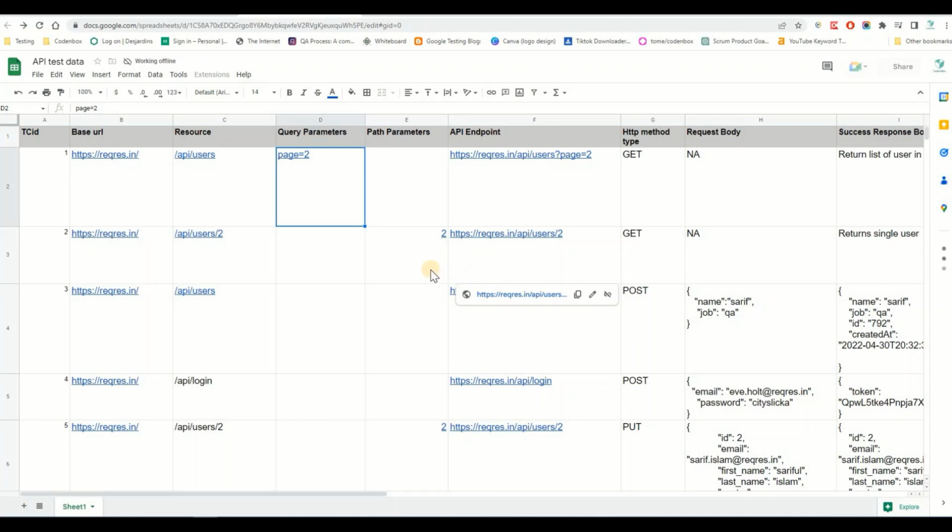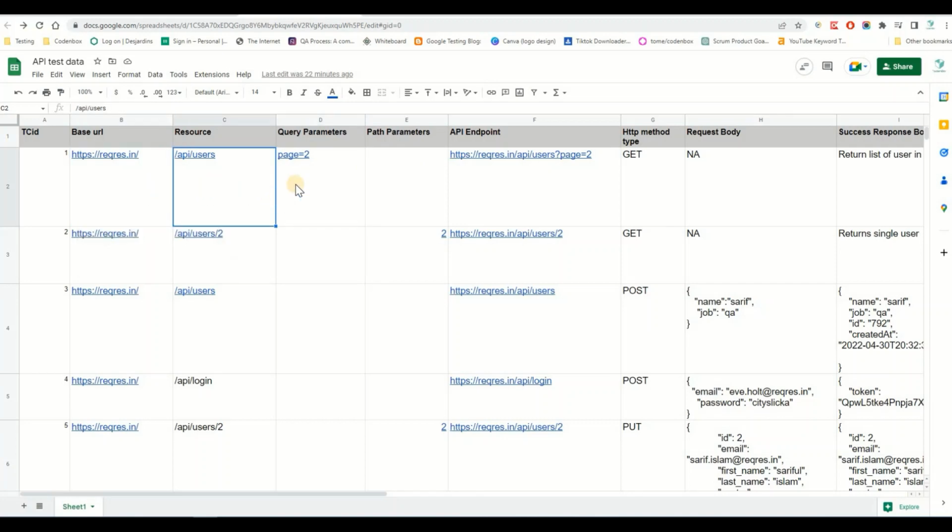When you work in real life, before you start your API testing, first you will ask the developer to please provide the API contract document. It could be in Excel format, a spreadsheet or Google Doc, whatever it is, and you will find a number of pieces of information there, like the base URL,